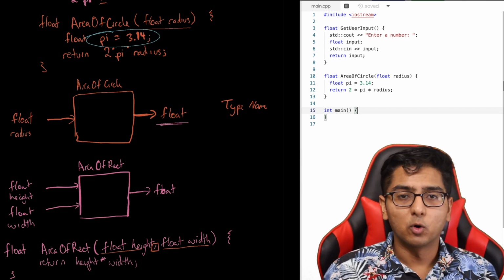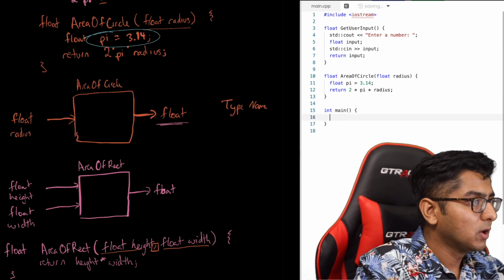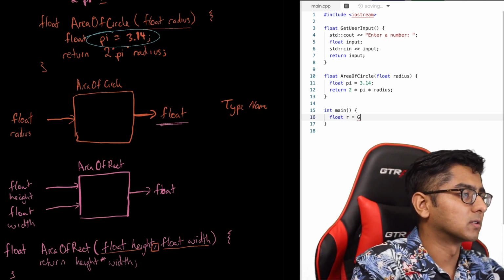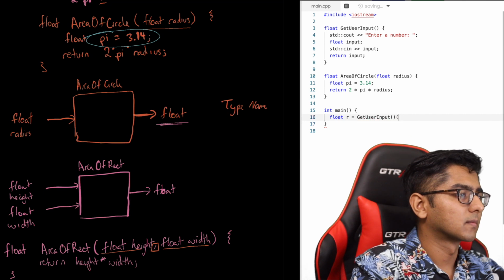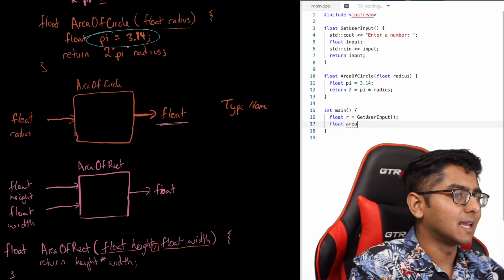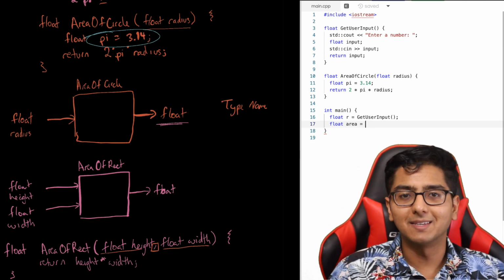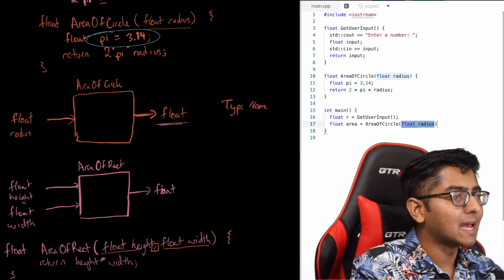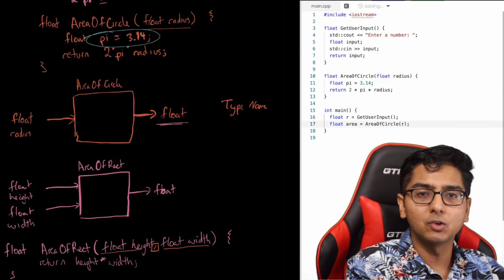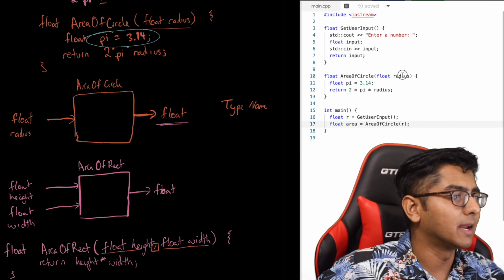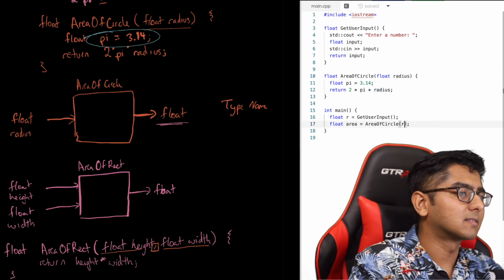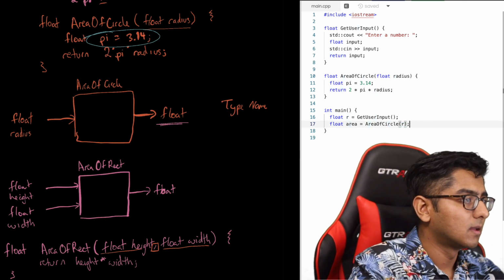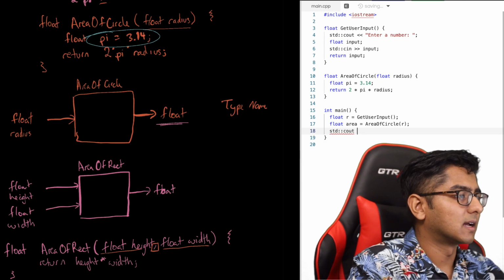So now let's talk a little bit more about how we're going to end up using these functions. So we know how to use our first function. We can say float r is equal to get user input. But then if we want the area of the circle, we want to somehow use the area of a circle function to produce this float for us. So just like before, we're going to pass in whatever variable's value we want to substitute in for the radius variable here. So in this case, I want the value of r to be used as the value of radius. And lastly, I can say std_cout